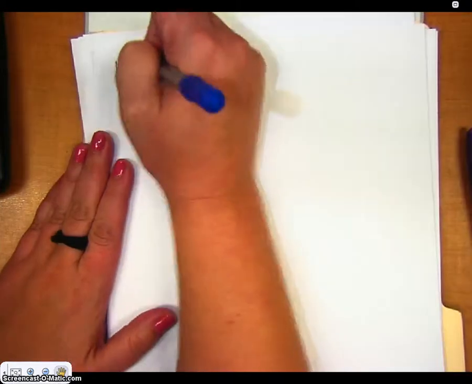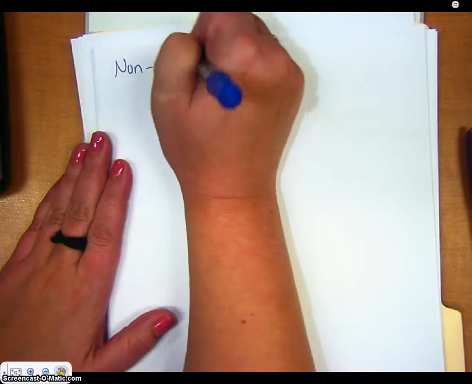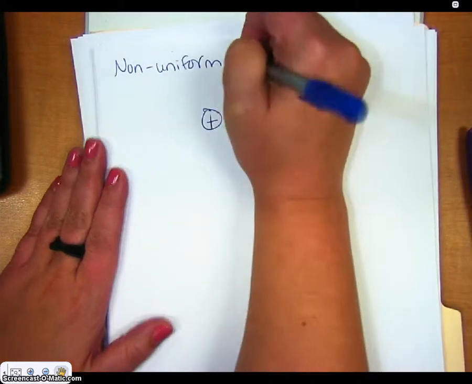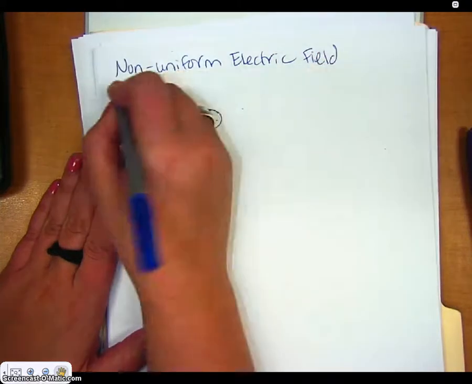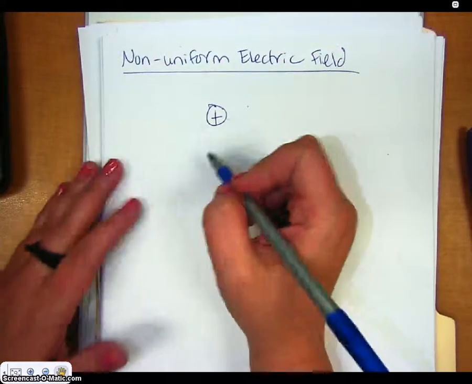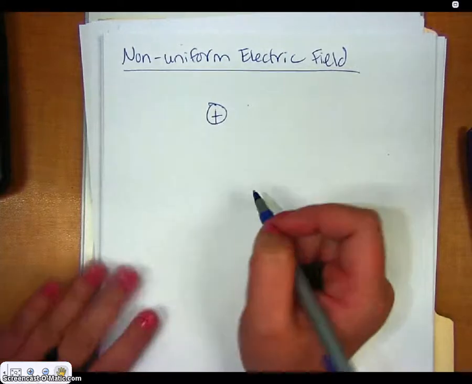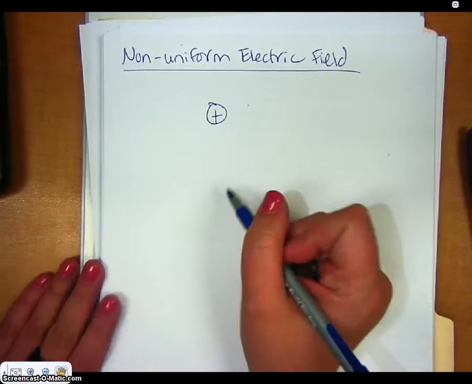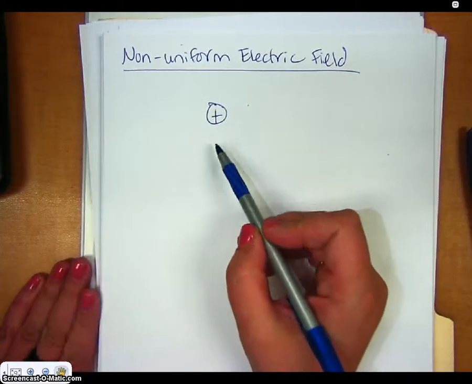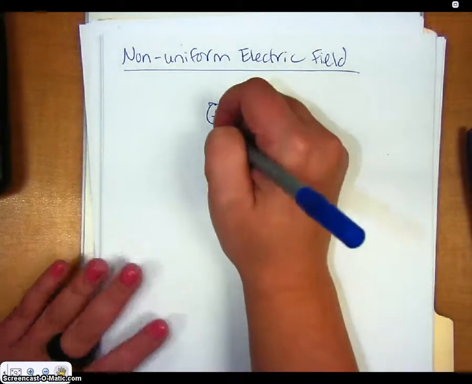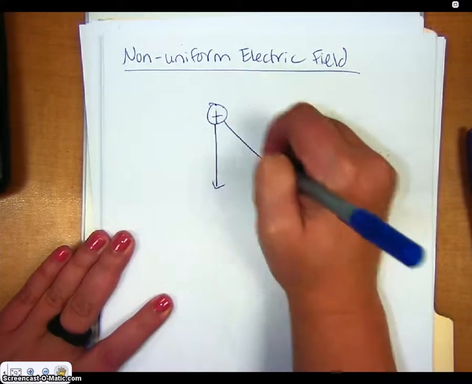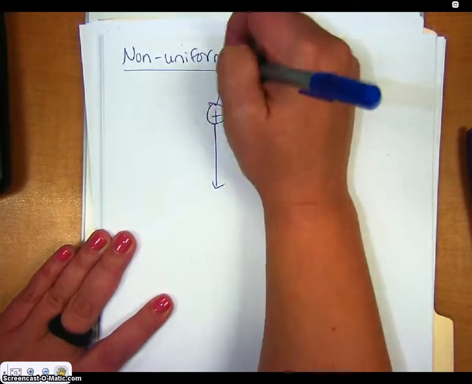So in the last video I introduced you to electric fields, and in that case we were actually dealing with what is considered a non-uniform electric field. Non-uniform electric fields arise when we deal with the idea of point charges, or maybe a round conducting sphere. So if I were to draw the electric field lines around a positive charge like this, remember they point away from the positive and towards the negative, so we'd end up having these rays that sort of radiate